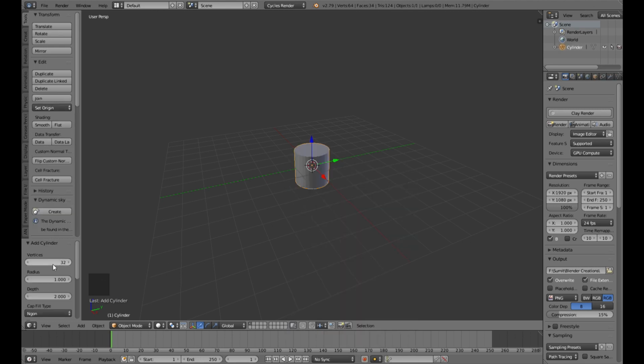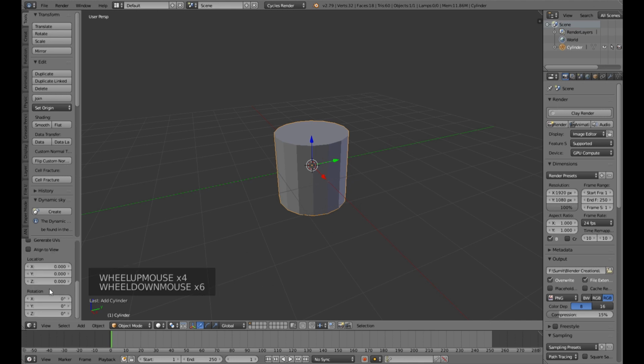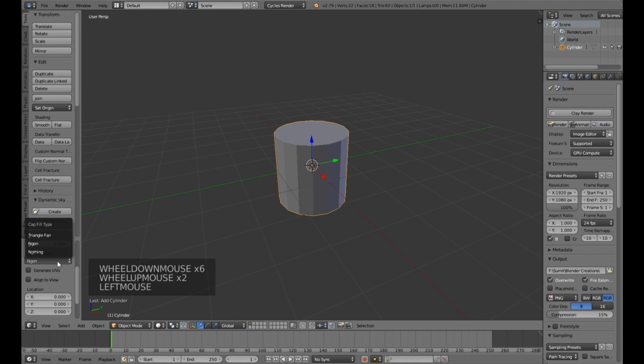For the cylinder, I will be taking the vertices to be about 16 because I don't want a very high quality candle. And for the cap fill type, I will select triangle fan. Yeah, triangle fan. Having done all these settings,